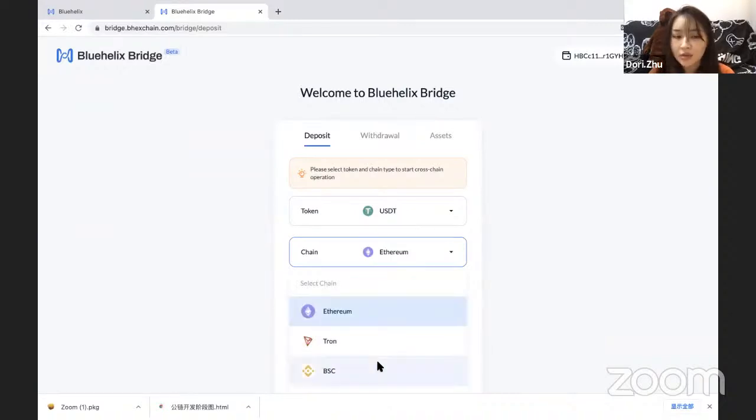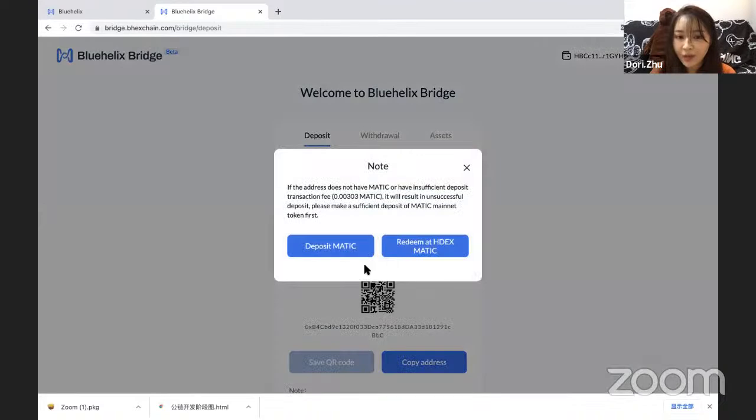We now support 7 public chains, such as Polygon. You can choose here. Because we are totally free, but the gas fee is generated from Polygon, users must have enough gas fee, such as Matic, so you can make a successful deposit.